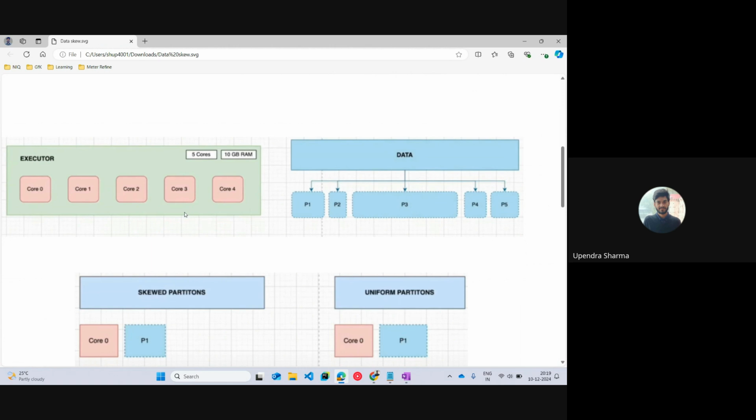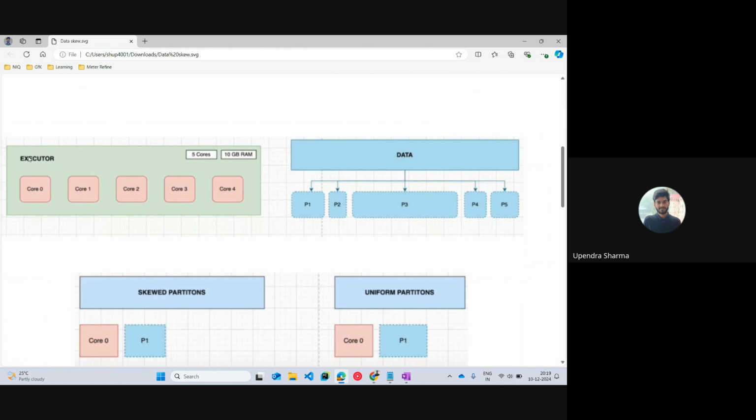Now, Spark works on a master slave architecture. Spark has its own architecture, that also maybe we can cover in some basic class, but this class is related to optimization techniques. So I guess we are well versed with the Spark architecture. Spark works on a master slave architecture in which there is a master node, and connected to the master node, there are some worker nodes. These worker nodes have some memory, they have some cores which are responsible for actually processing our data, right? So let's take the example of this particular executor. This is one of the executors, there could be n number of executors. So let's break into one of the executors.